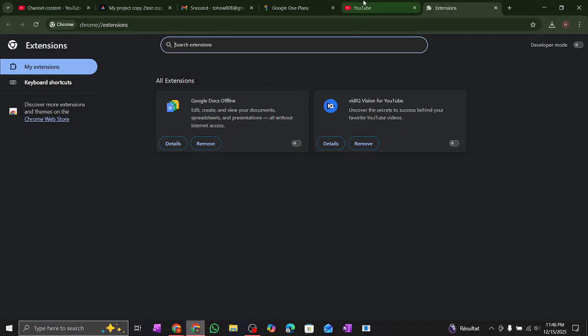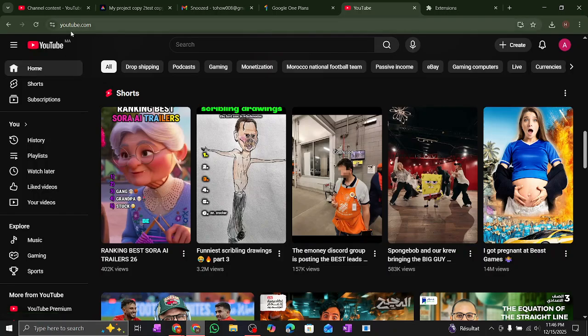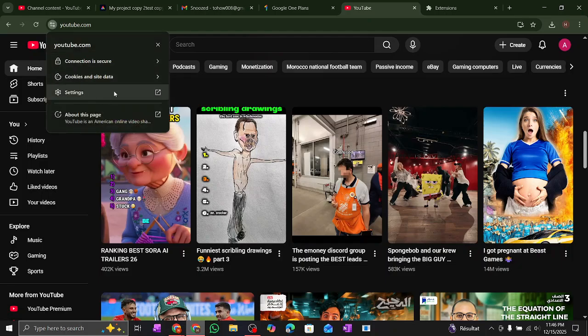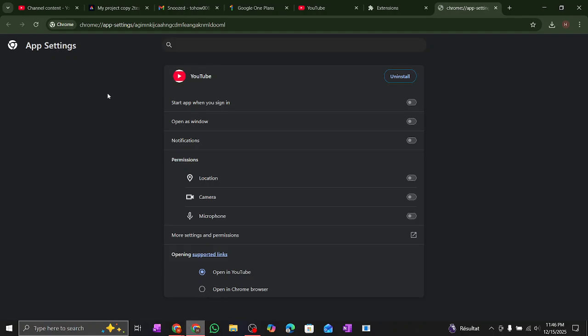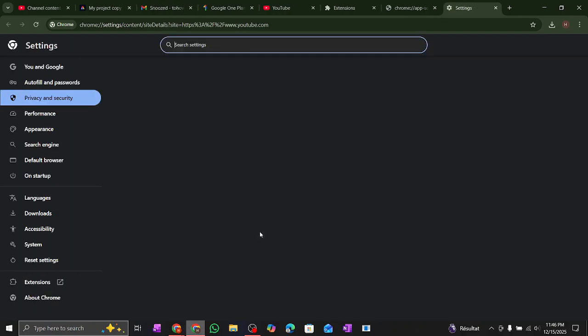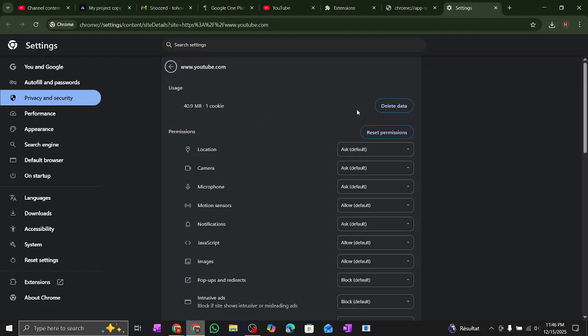go back here, then go next to the link of YouTube. You're going to find this icon, click on it, go to settings. Go to more settings and permissions here, then click on delete data. After doing this, you're going to have to look back into your account and the problem should then be fixed. This is how you can fix the error code